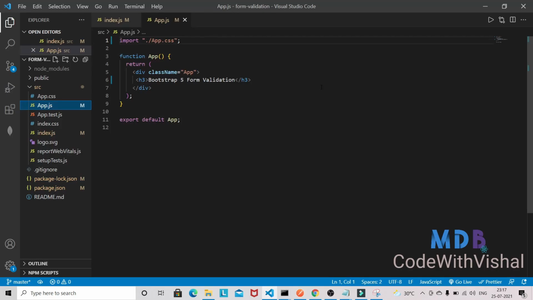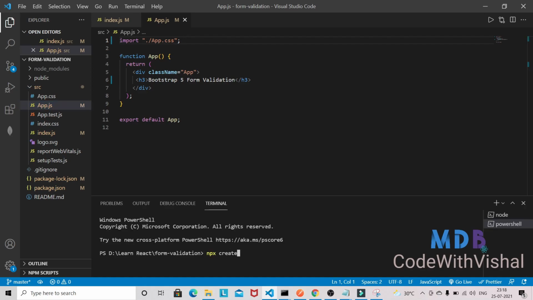So guys, I am in my Visual Studio Code and I have already created a React project using the command npx create-react-app and your project name. So you can create this basic React application using that command, and you can give your project name here.